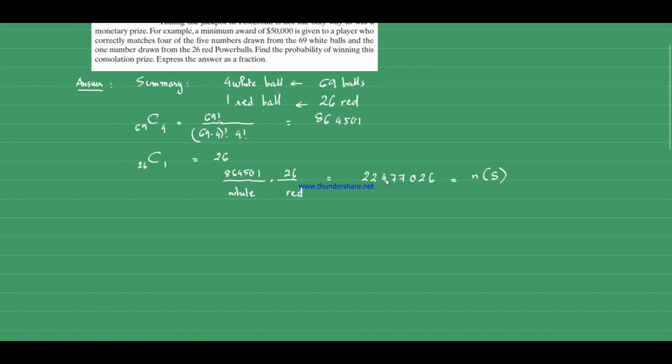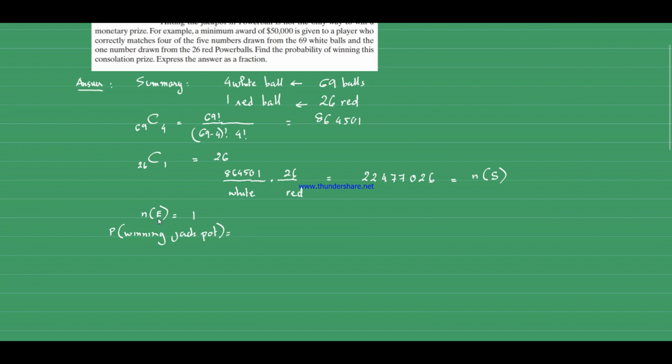So the event, the cardinality of the event, will be only 1, right? So the probability of winning the jackpot, because there's only 1 number for the jackpot,